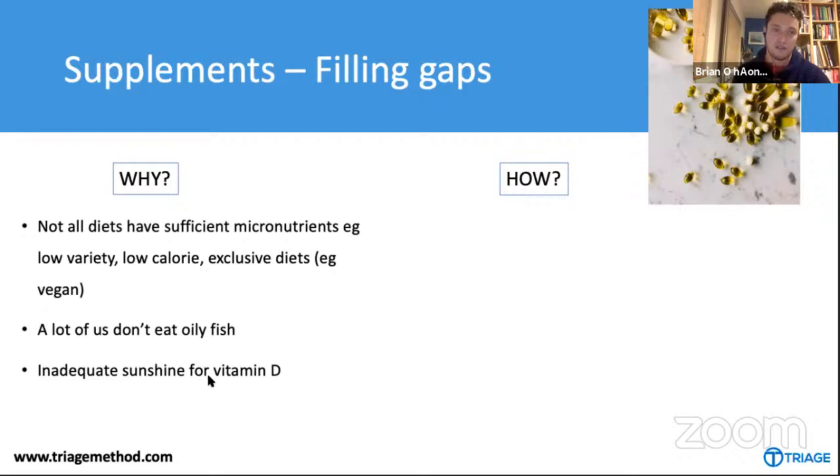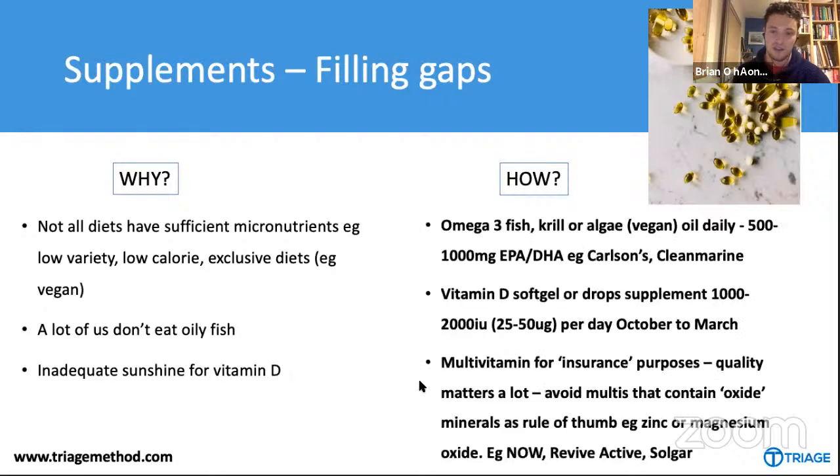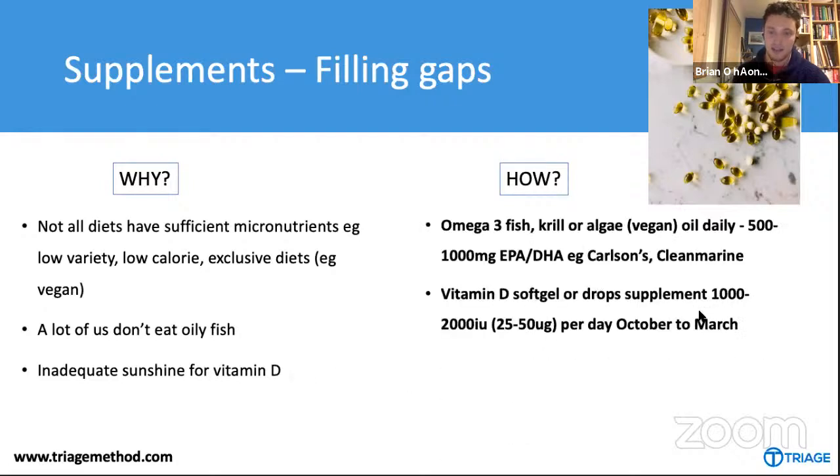The reason for vitamin D is that we mostly get that from sunshine. In Ireland, between March and October, you can get enough from the sun. It doesn't have to be a sunny day. All you have to do is get outside for about 15 minutes a day, with your face and forearms exposed. Okay, that'll be enough for vitamin D. But when it's not summer, between October and March, it is quite important for everybody to take a vitamin D supplement. Vitamin D has loads of roles in the body, bone and hormonal health.